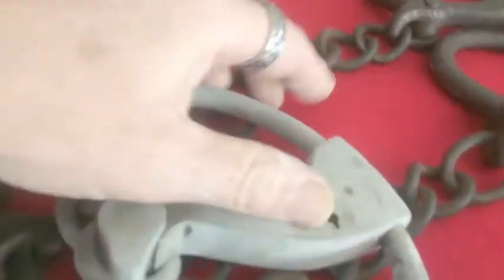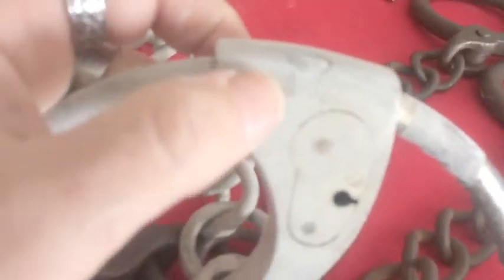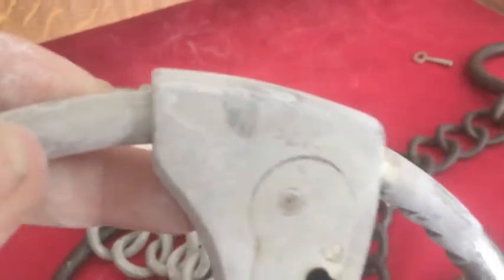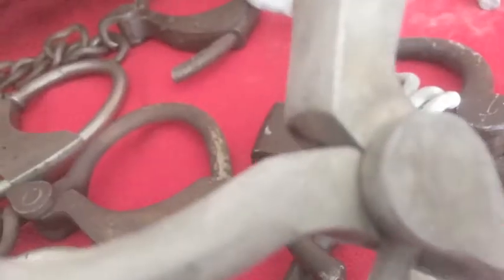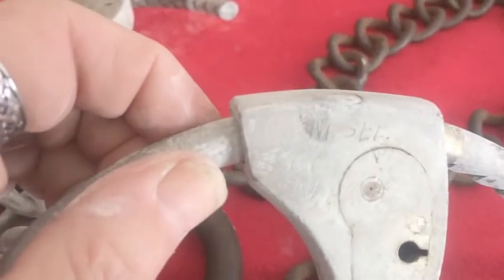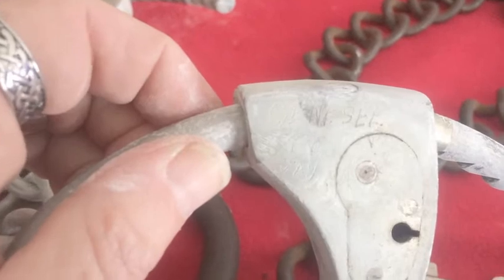So again, these were also altered, and I don't know if you can see, there's something scratched in on them. I'm not sure if you can see that. But actually, it says Genesee County. I'm really sorry you can't see this, but it actually says Genesee County van. So I'm assuming that they were used for transport in Genesee County. You know, the van that would take them to